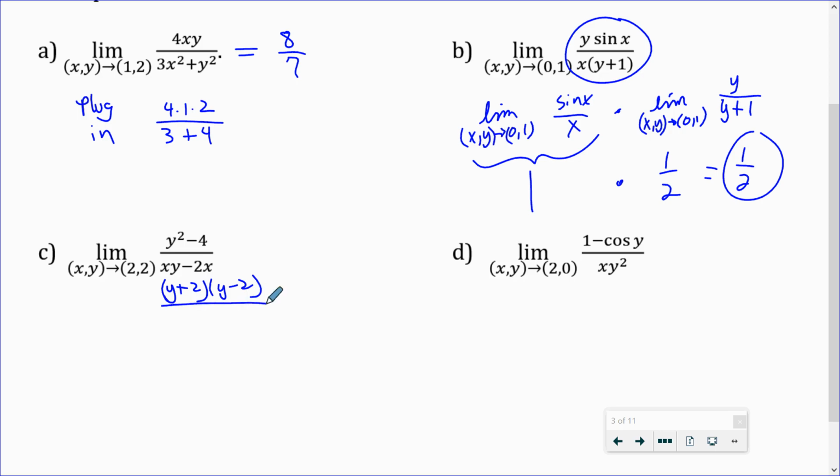And on the bottom, what can I pull out to factor? An x. So x, and then the y minus 2 is left. And so that right there, that was the thing that was causing the problem, because it was creating a 0 on top and a 0 on bottom. So now when I do my limit, xy to 2. And now when I plug in my 2's, I'm perfectly fine. I get 4 on top and on bottom 2. So 4 over 2 is just